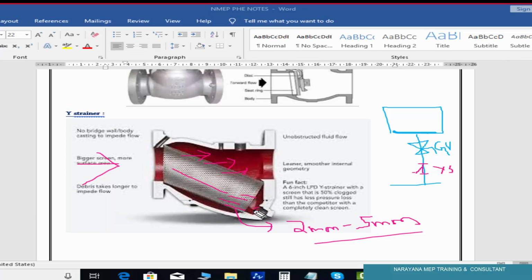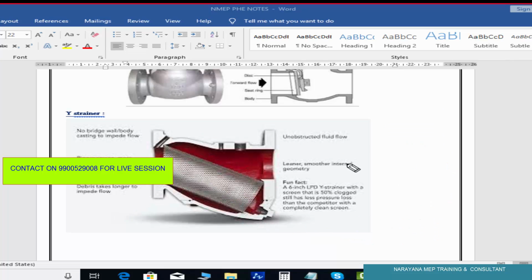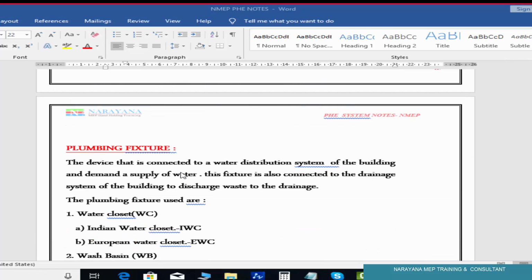You can remove this one and clean it at maintenance time. For that reason it is used in suction, so that if any garbage comes and hits your pump, it is very difficult to run the pump. The pump will seal. For this reason, it is clear now.